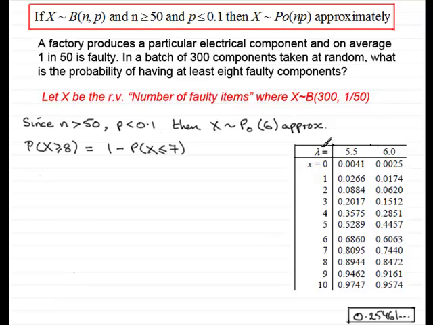In this particular extract we've got lambda equaling 6, that's the mean. We've got the observed values x going down here, and all we need to do is look for 7, and we have the probability of x being less than or equal to 7 given here, 0.7440. So all we need to do is just write that in as 1 minus 0.7440. It's a good idea when you're using tables just to say from tables, so I put that in brackets there. And if we do that subtraction, then what you get is 0.2560,